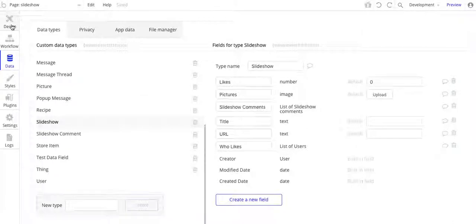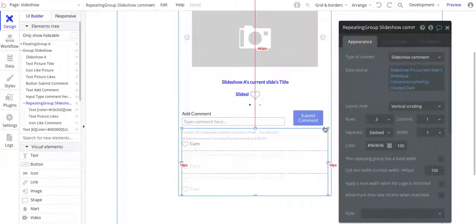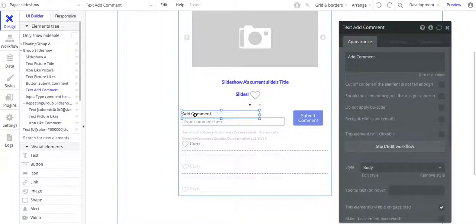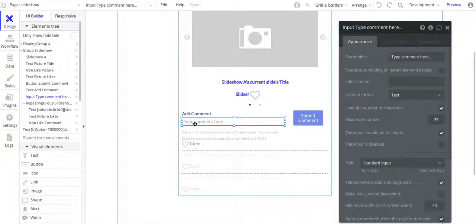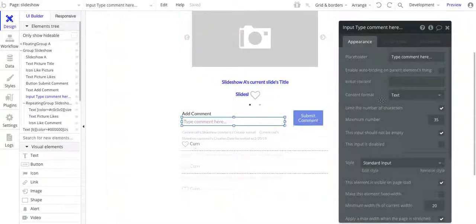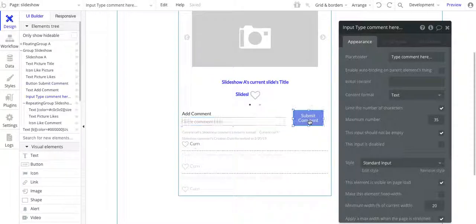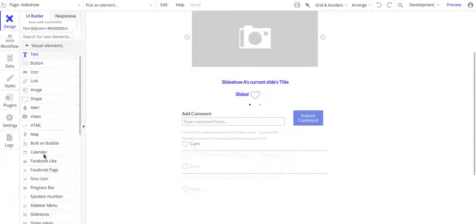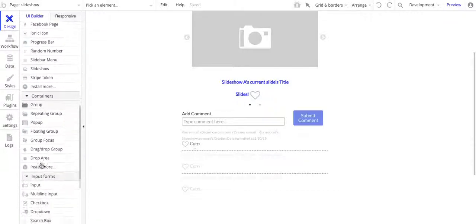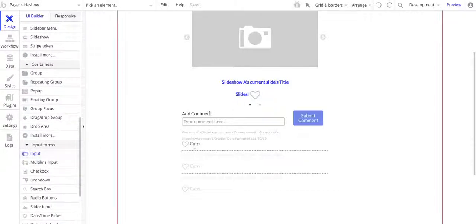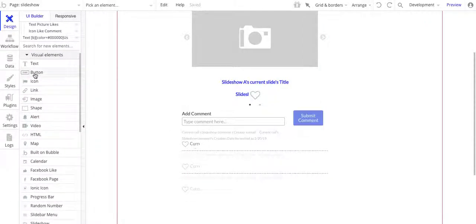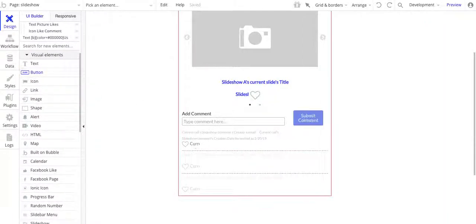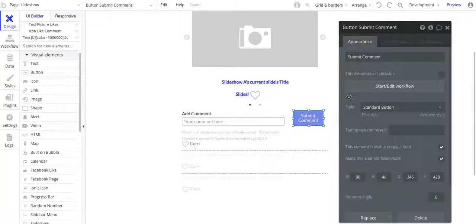And let's get to the design here for a moment. All right, so I've got a simple text field here, add comment. I've got an input field of type text where the comment will go. And then I've got a button here. So again, it's a text, and then the input field, input is what I use for here, and then button is what I use for this button here. So on button,